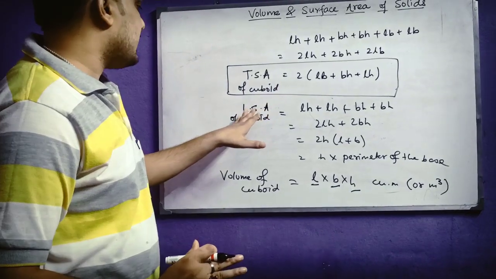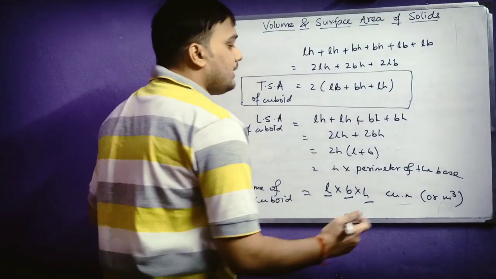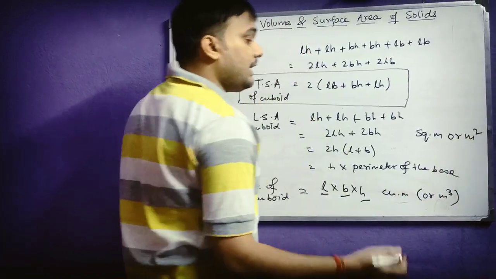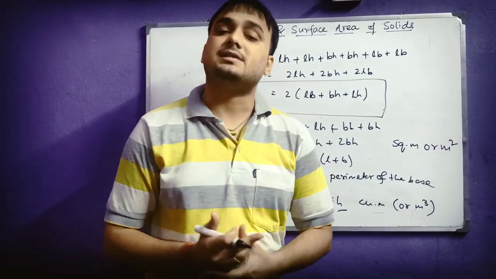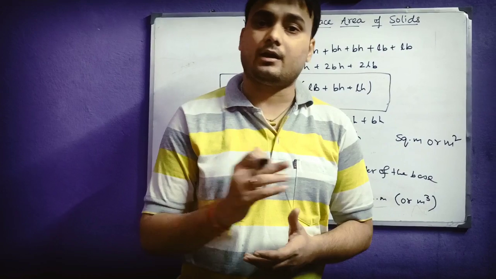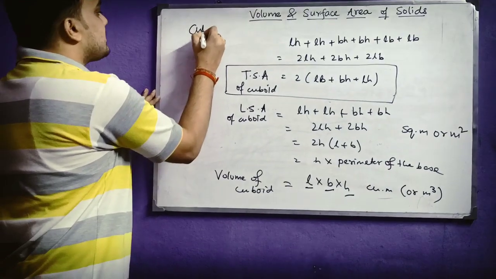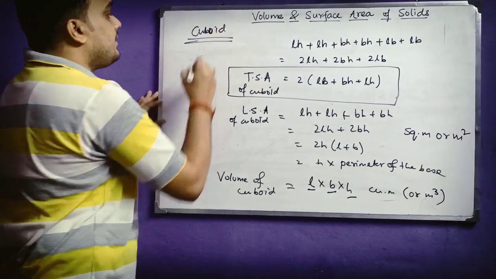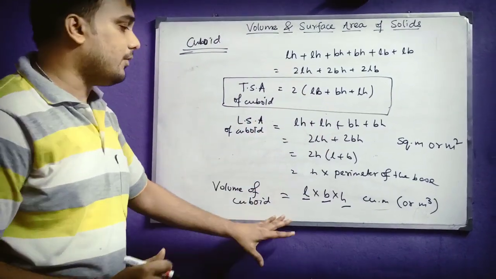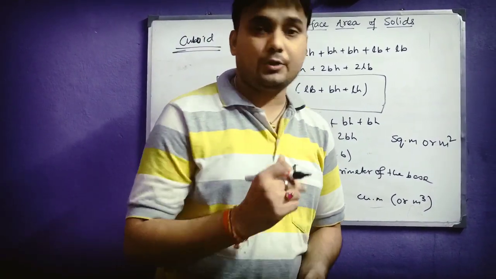And so the SI unit of total surface area or lateral surface area or any surface area, the unit will be square meter or meter square if the dimensions are given in meter. If it is given in centimeter, it will be centimeter square or square centimeter. I think these are the things which you already are aware of very nicely. So students, we discussed here the particular solid, which was cuboid. Now the concept of total surface area, lateral surface area and volume is clear to you. Now we will be discussing the next solid, which is cube.